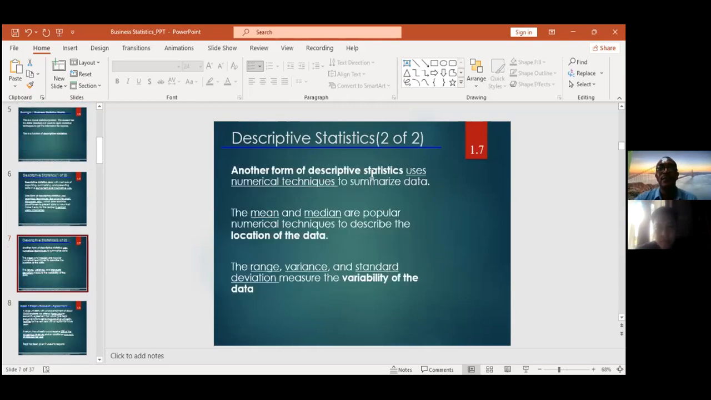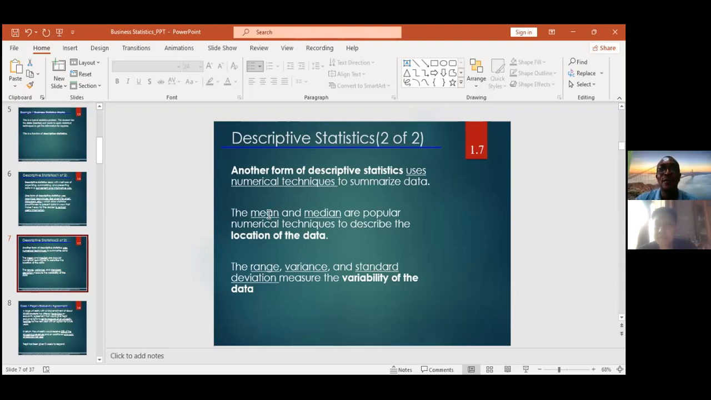Another form of descriptive statistics uses numerical techniques to summarize data. Take note of the underlying word, numerical techniques. Examples of this descriptive statistics are your mean and your median. They are the popular numerical techniques to describe the location of the data. It is important to know the mean because the mean tells you the average. So average is very important in statistics,